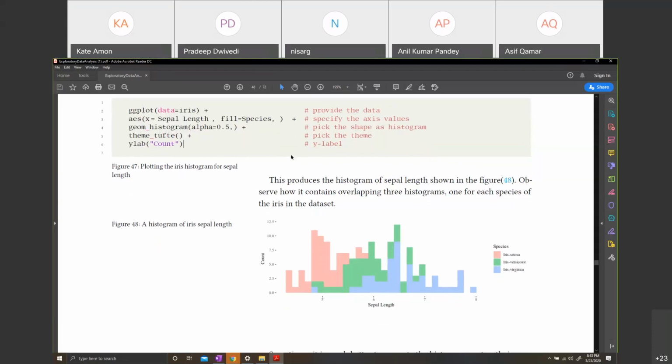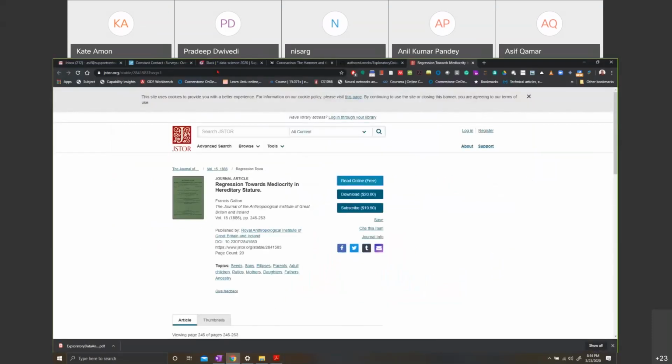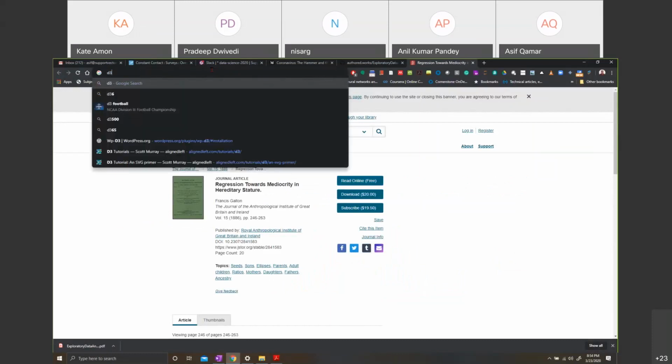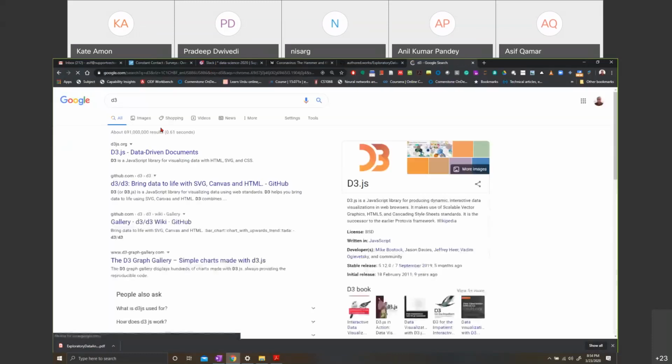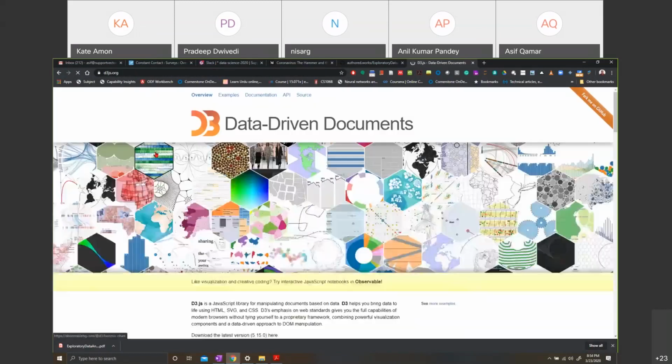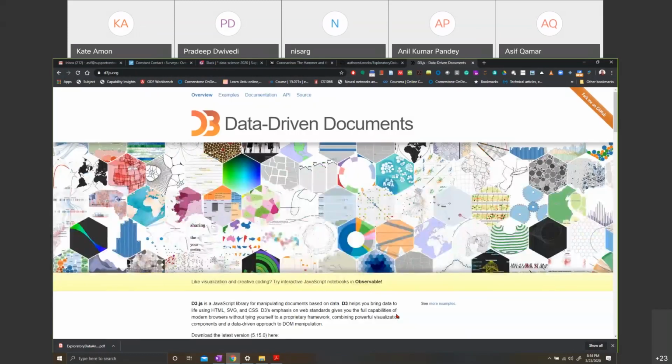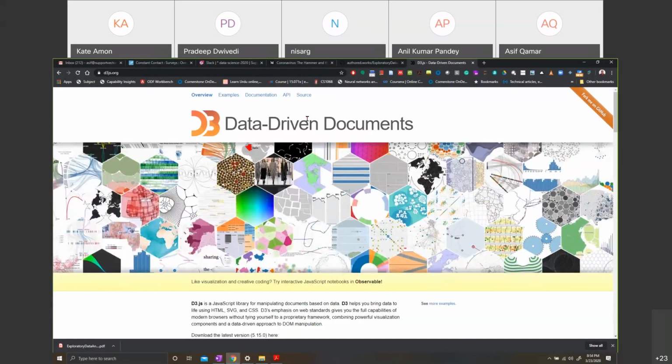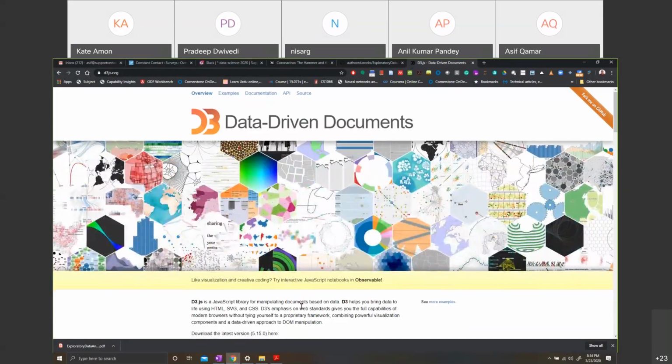Believe me, guys, people have created absolutely stunning visualizations using the grammar of graphics. D3 and ggplot, by using either of these two, people have created beautiful, beautiful visualizations. In fact, if you go to the D3 website, the person who created this is Michael Bostock, an amazing fellow in data visualization.